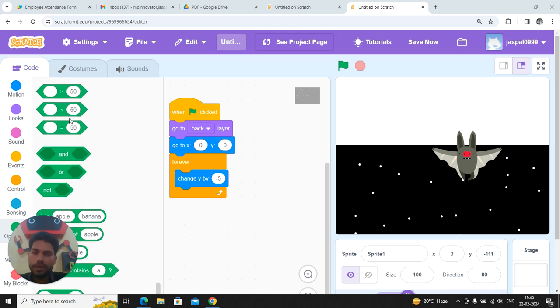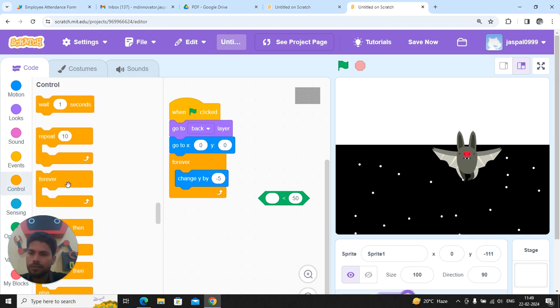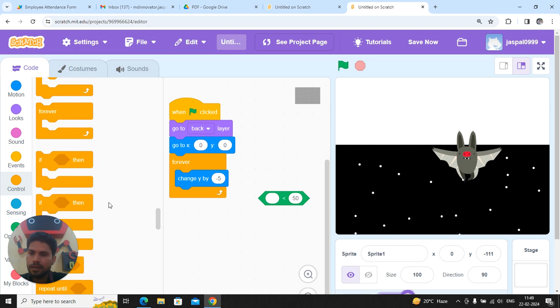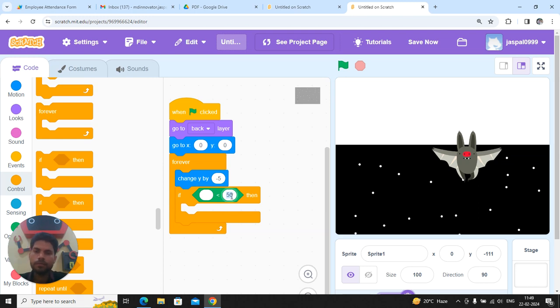So we have to select this one and place it here randomly in the empty area. Then you have to go to control and select a conditional statement that says if then, and now you have to drag it inside this block here. Now change the count from 50 to -230